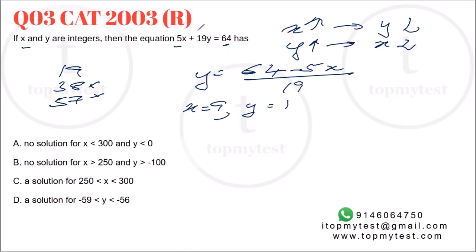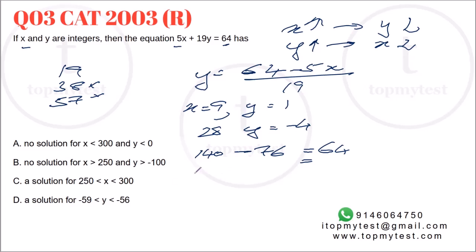Increase x by the coefficient of y: 19 plus 9 will be 28. So y will drop by the coefficient of x: 1 minus 5 will be minus 4. You can verify this. 28 into 5 is 140. Minus 19 into 4, which is 76. 140 minus 76 is 64. It will satisfy. You can try it the other way around as well. You reduce the value of x by the coefficient of y, and the value of y will increase by the coefficient of x. Let's see. 9, if I reduce by the coefficient of y, which is 19.